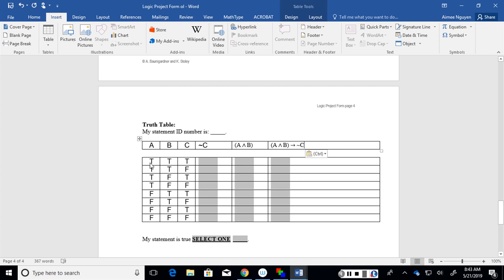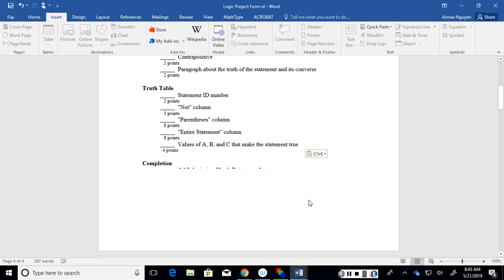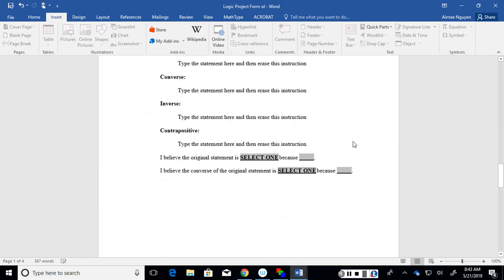Now I've already given you the truth values for A, B, and C. You need to find not C. You need to find A and B, then C, not C, right? And then you're going to come down here. This is exactly like what we did in all of the videos. In every video, whenever we made a truth table, we always talked about my statement is true when, or my statement is true except when. So you're going to choose one, and then you're going to choose the one you have the least of,